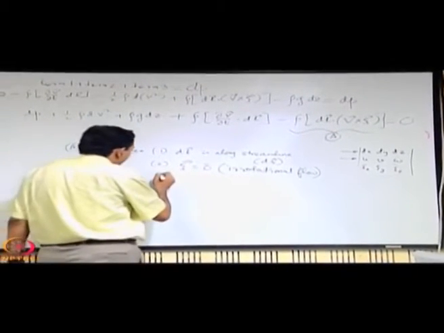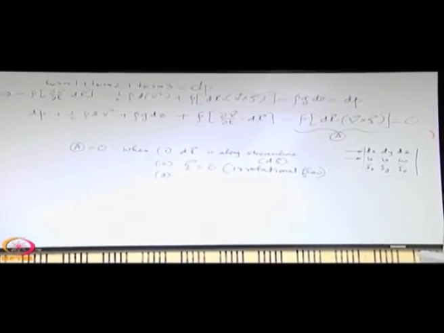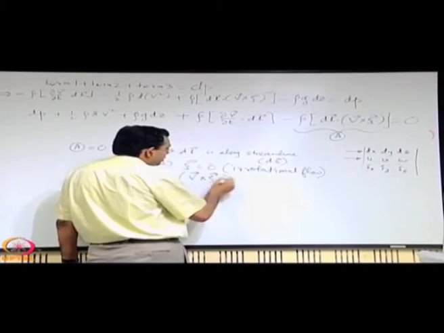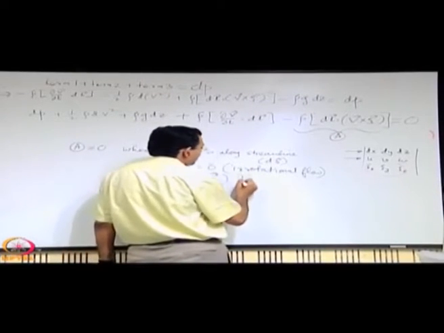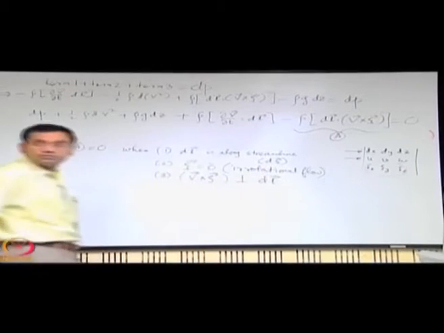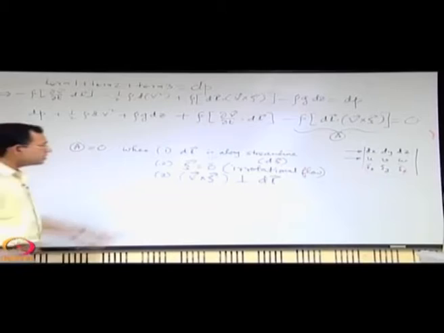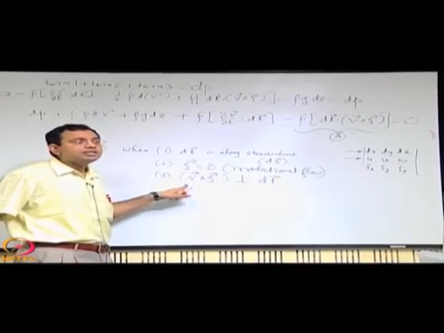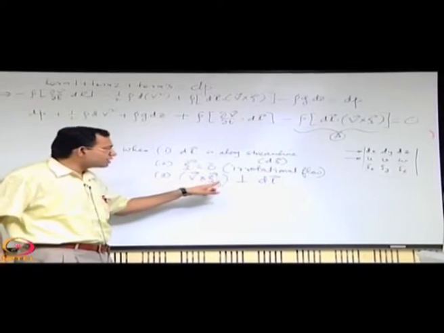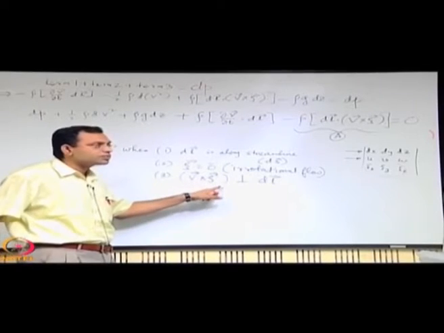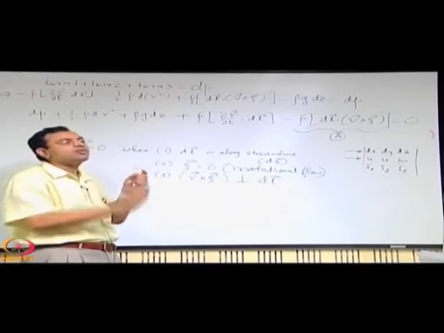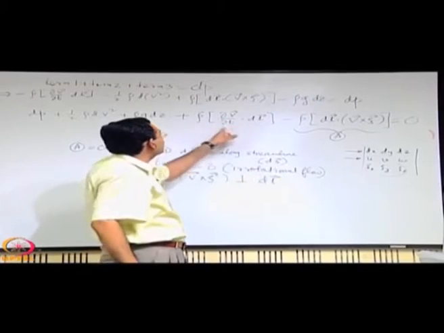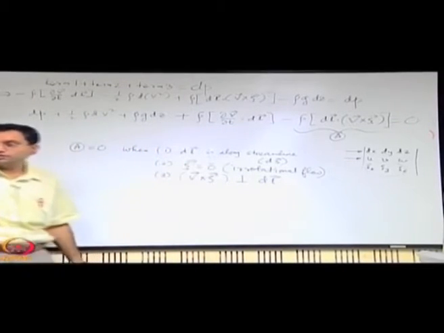There is a third case. I mean, there could be many such cases, but a third case: say you have the V cross vorticity vector perpendicular to dl. These two cases are more common cases that you encounter; this is not a very common case, but mathematically you cannot rule it out. You have a vorticity vector, you have a velocity vector, you can find the cross product and take an element in a direction which is oriented along that cross product, and then for such an element also, for steady flow, it will appear that the Bernoulli type of equation is valid.